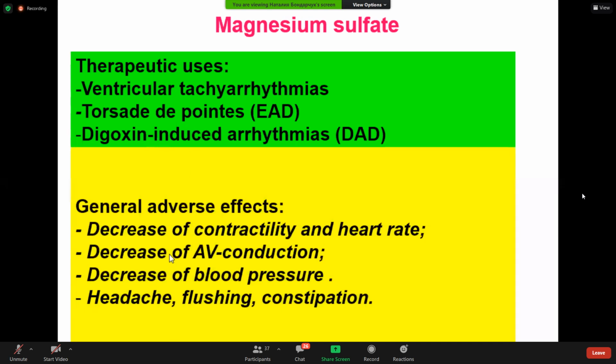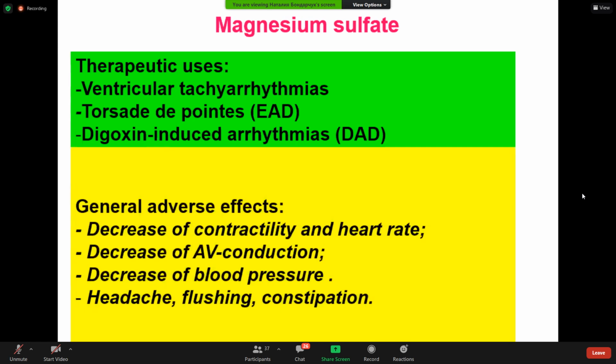General adverse effects: decrease of contractility and heart rate. I will remind you that magnesium is the antagonist of calcium ions. That's why it causes the decreased contractility and heart rate. Calcium by itself increases cardiac contractility, and influx of calcium during the fourth phase of action potential of the sinoatrial node provides tachycardia. So magnesium sulfate is an antagonist, so that's why there will be decreased heart rate, decreased AV conduction,